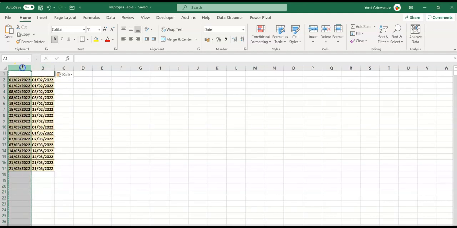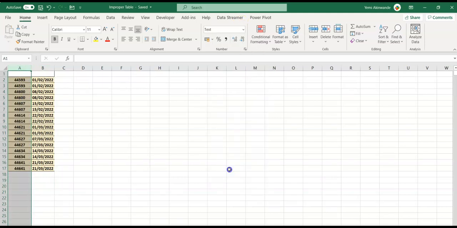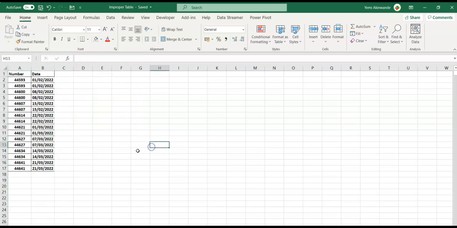So these will format as text to get the numbers, and this will leave as dates. So we can write here number, and then this is date. And then we can get rid of the color. Okay, that's fine.